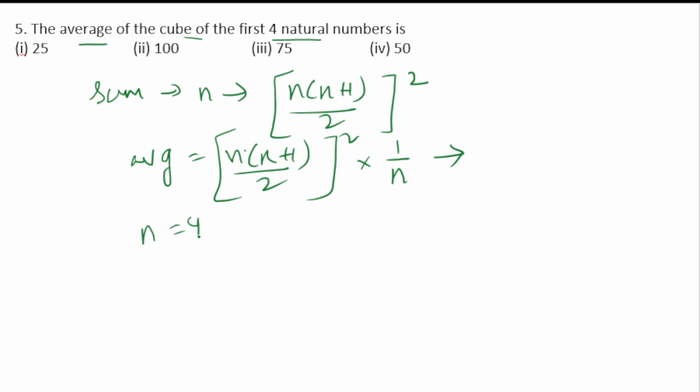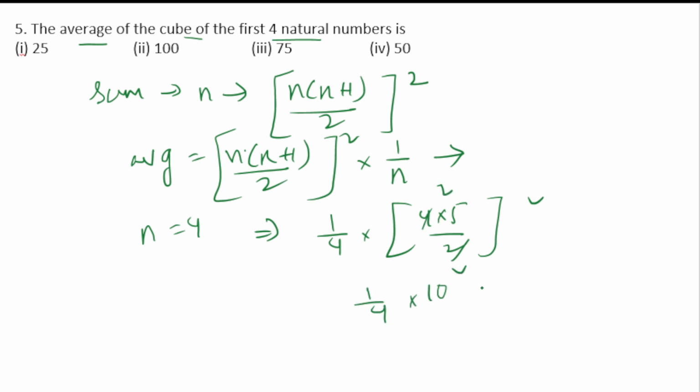So here we will substitute n is equal to 4. We will get 1 by 4 into 4 plus 1, 5 divided by 2 whole square. This is 2 into 2. It is 1 by 4 into 10 square. It is 100 divided by 4. It is 25. So the answer is 25. Next one,